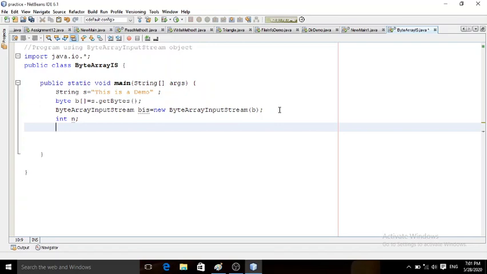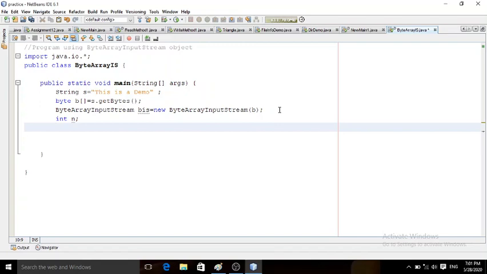While reading this byte array, how can I know whether the stream has ended, or there are no more bytes available to read? How can I identify the end of the input stream? That can be identified by the return value.